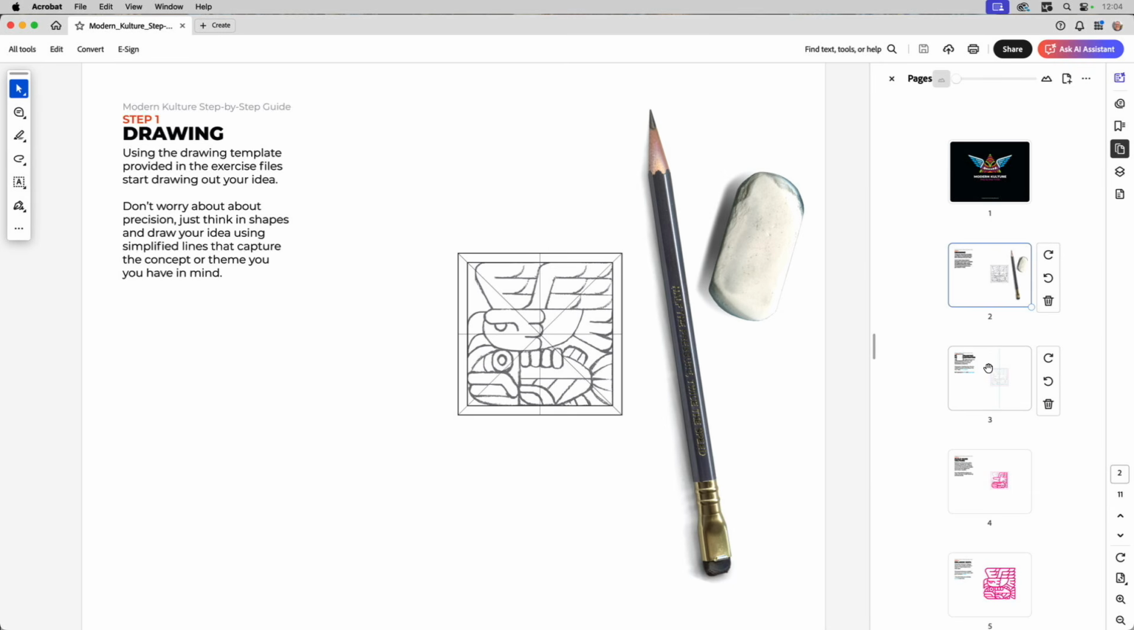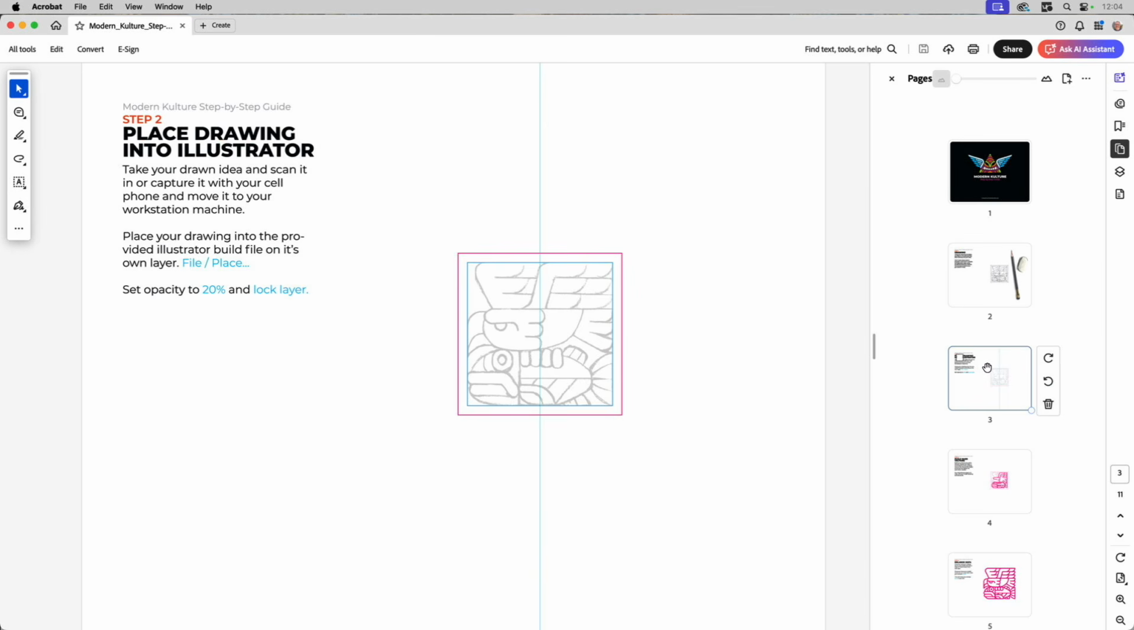And this is step 1, drawing it. Step 2 is placing it in Illustrator. And I'll go over the commands in this guide. So file, place, set your opacity at 20%, lock the layer you place it on. And then as you build it,